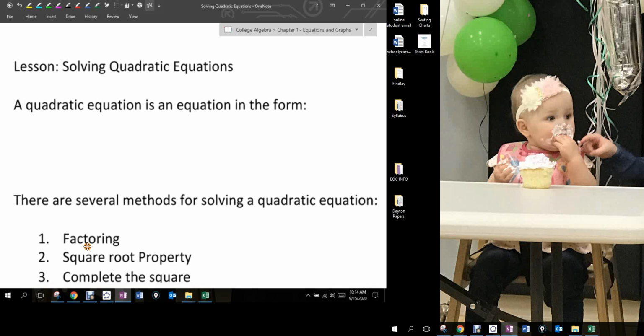Now, there's a lot of procedural stuff that you guys already know. You know how to factor a quadratic equation, like x squared plus 5x plus 6 equals 0. You guys know that breaks down to x plus 2 times x plus 3 equals 0, and you get your solutions, right? My main goal today is to talk about the general format of a quadratic, and also then